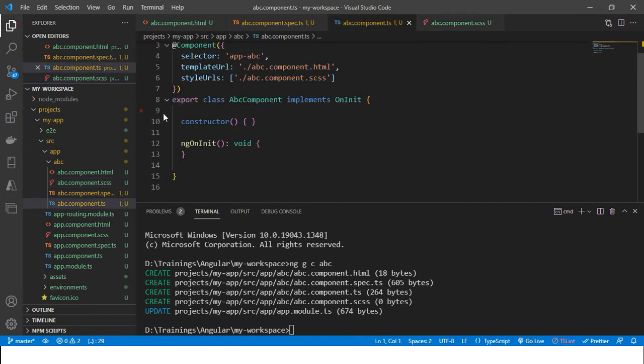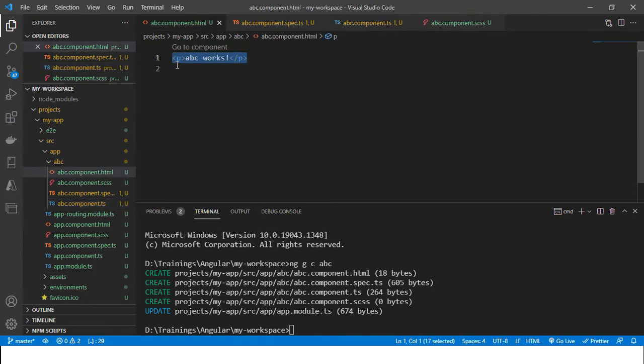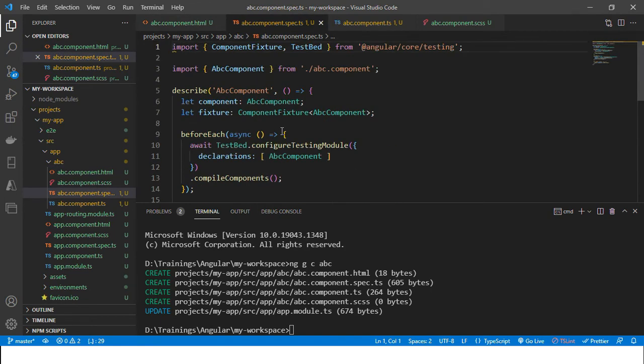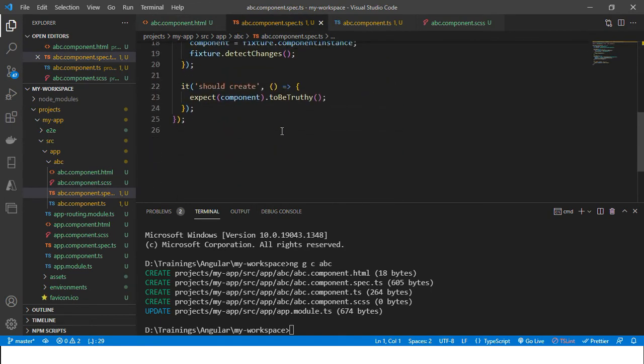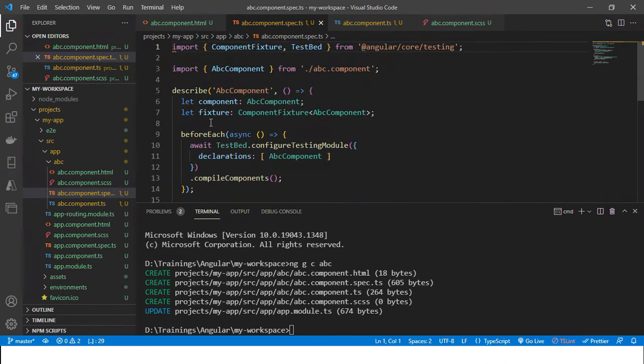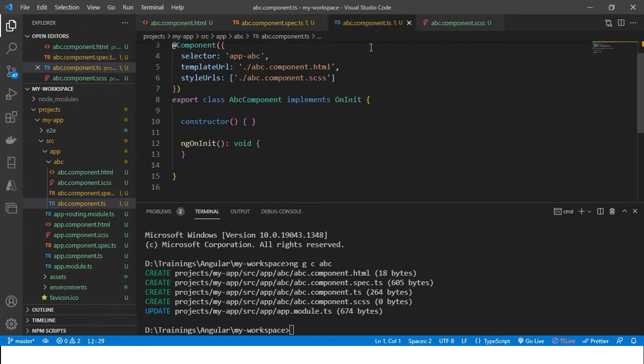Now, this is the view, just a paragraph tag, nothing to explain. The spec file is the file to write unit testable code; this is not the right time to discuss that. And the abc.component.ts file is the component file, where we can place our application logic.